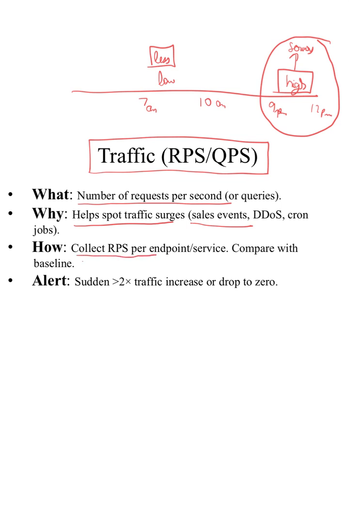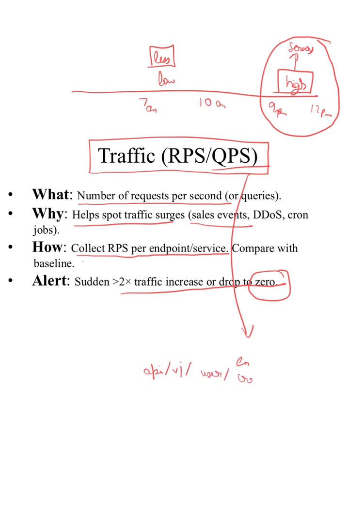You can collect requests per second per endpoint per service, and compare it with the baseline. So if there is 2x traffic, right? Or suddenly if the traffic is dropping to zero, that means something is wrong. If traffic is dropping to zero, that means you are not even getting the hits, right? Please note if your services have several endpoints, you can measure queries per second or requests per second for each endpoint. For example, let's say there is API v1 user create, right? This could have